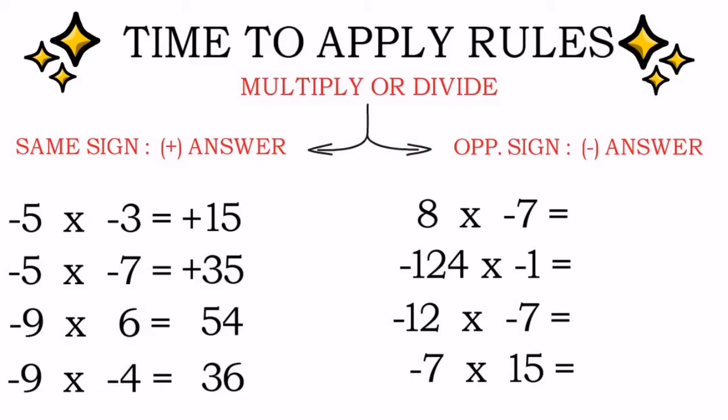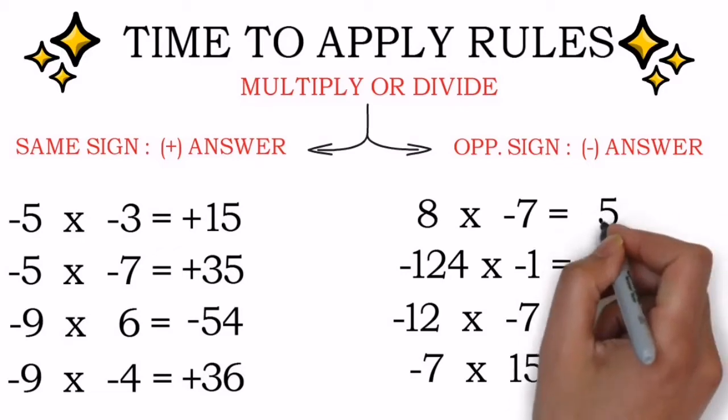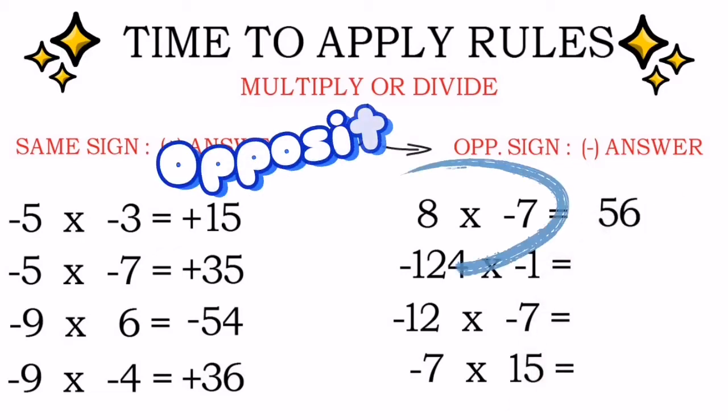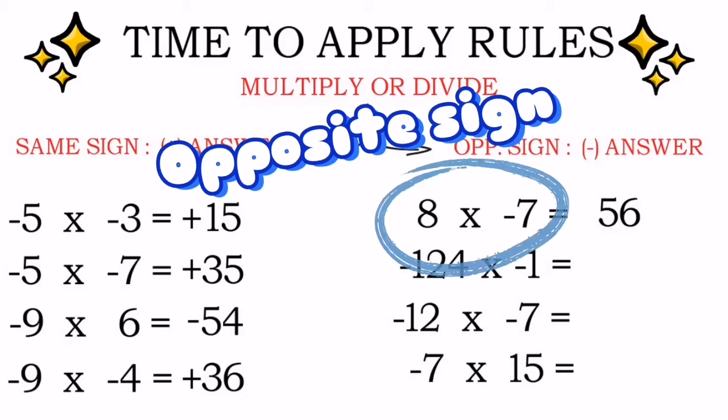For the second one also, both the numbers are given with the same sign, that is negative, so a positive sign to the answer. In the third question, we can see opposite signs in the question, and so we gave negative. In the fourth one, again the same signs are there, so we gave a positive sign. Now let's move on to the next one. 8 7s are 56, and 8 and 7 both are given opposite signs.